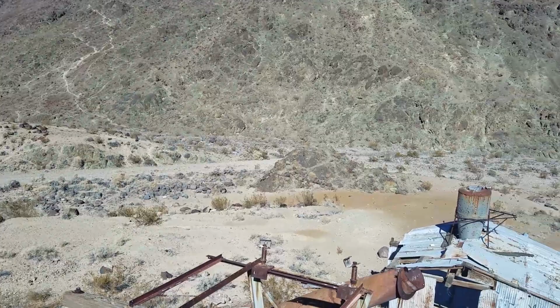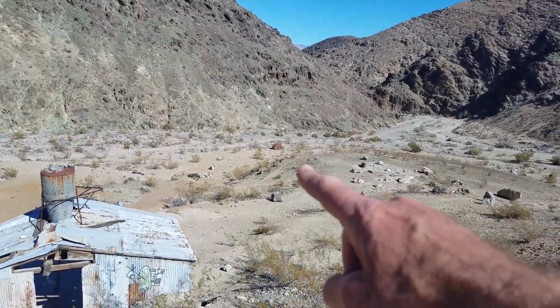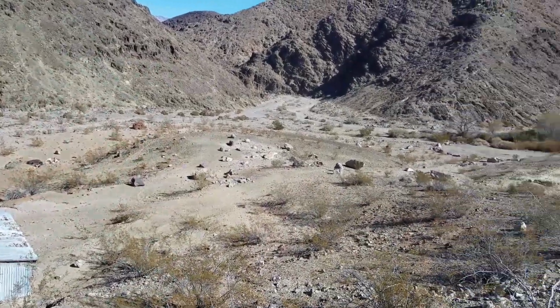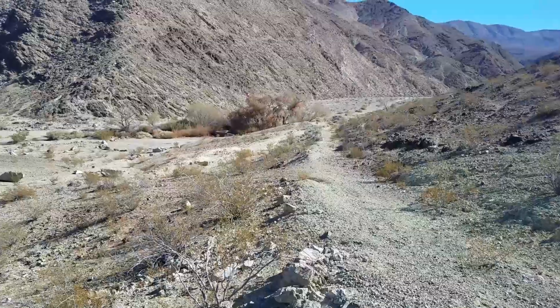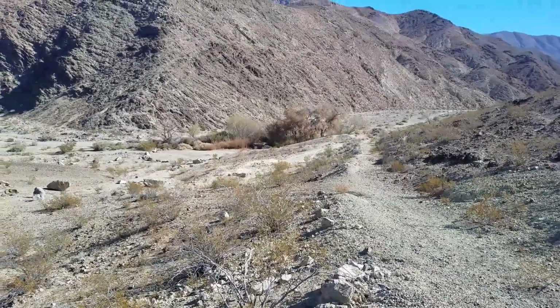So there's the building. Somewhere right about there's the car, I'd say. It's hard to do this on a camera. And over there is where Anna is still sitting. That's where the spring is. I see something right in front. I'll go look at that really quick, but